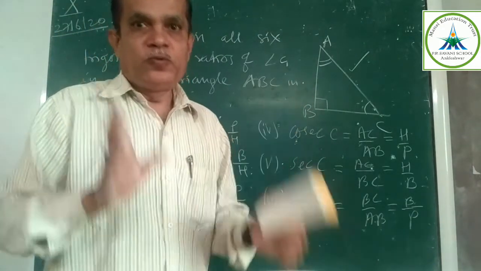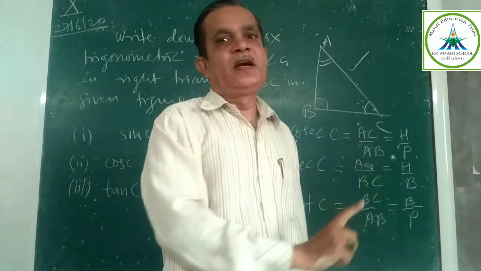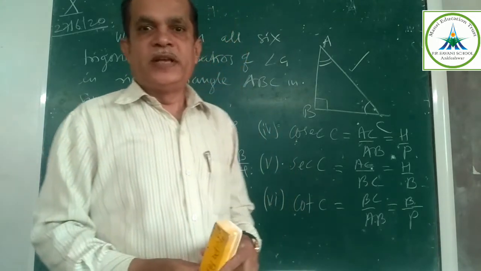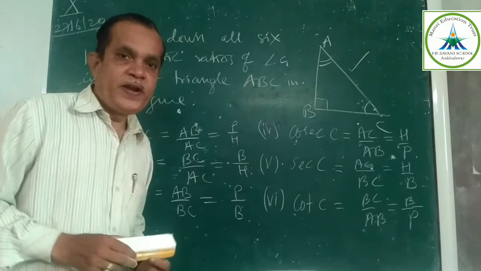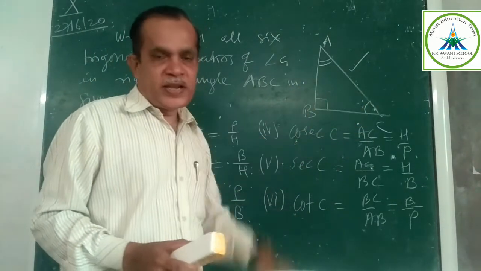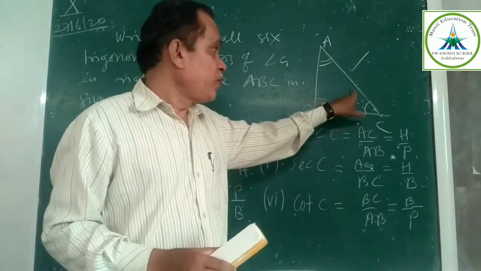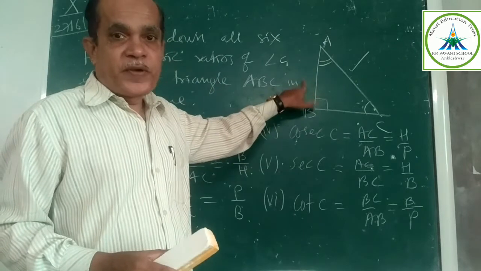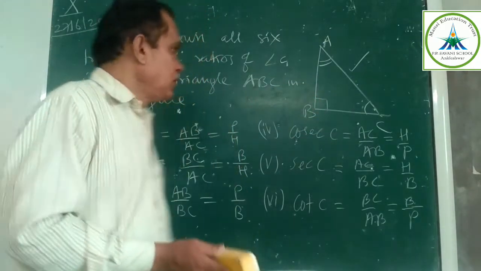We are just going to practice for 2 marks, which is compulsorily coming in the board. That is finding the value of the trigonometric ratios of the given triangle when 2 sides are given. If you are given 2 sides, you can find the third side. Why? You know the Pythagoras theorem: hypotenuse square equals the sum of the squares of the perpendicular sides. Yes or no? Therefore, you can do this. Now see.